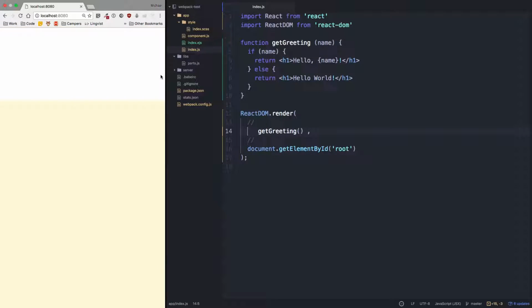Since we're using this function to return JSX, we can just call it directly here, because the first parameter of render expects a JSX argument. So you see, when we call this function, what we're getting is that. And so that's totally fine. We don't need to wrap it in